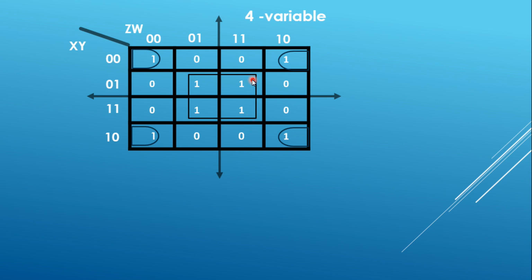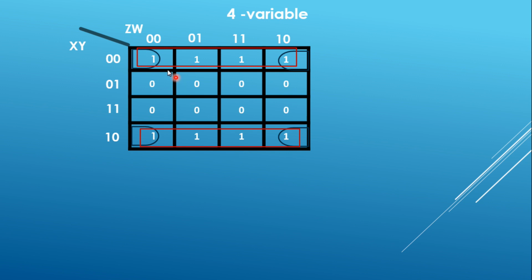In different examples, like this one, the 4 ones here you can imagine folded on the horizontal and vertical lines, so they will form a pile. So these 4 ones are grouped together, and these corner ones can also be grouped together. These 4 ones in the curved form, the corner ones, are also grouped together. So you have basically 2 groups, and each group has 4 ones in it. This is a quad you are forming, 2 quads.